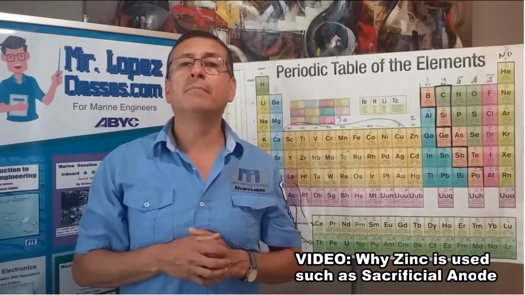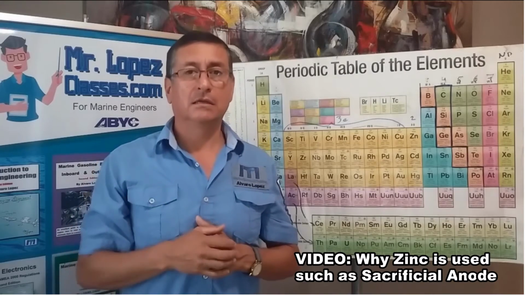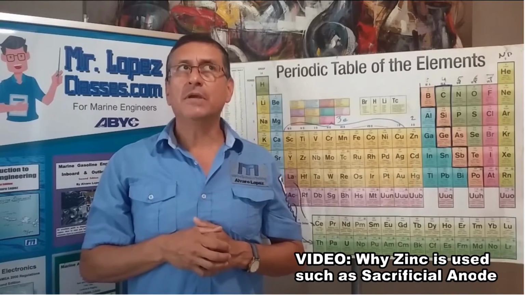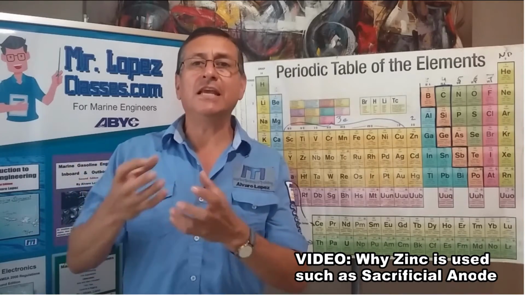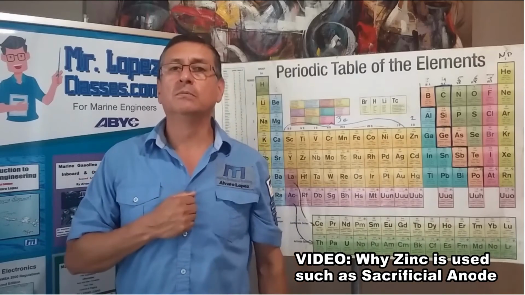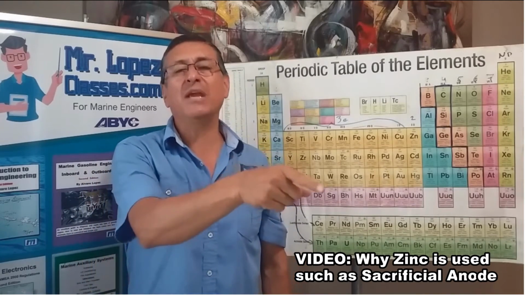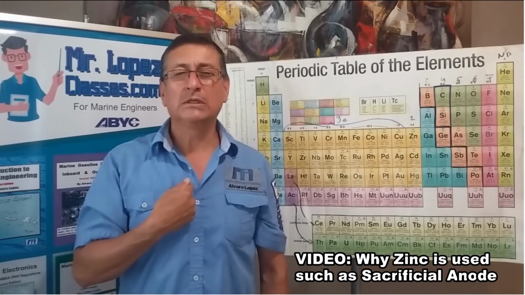Which element is better for the oxygen to attack, the copper or the zinc? Let me check. If the oxygen attacks the zinc, it immediately completes 8 and finishes. Finito. If the oxygen attacks the copper, which has 3 electrons in the last orbit, and the oxygen needs 2,